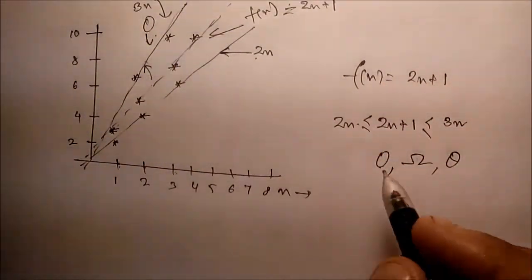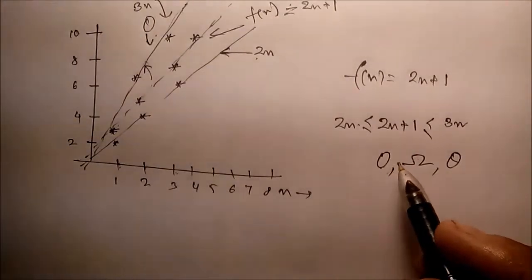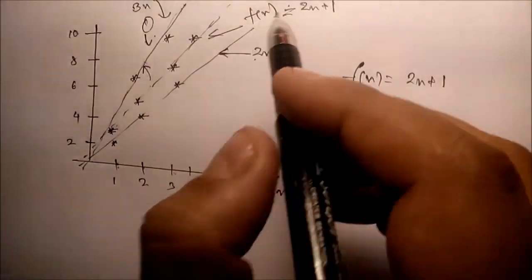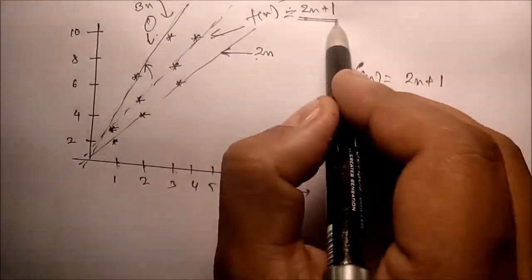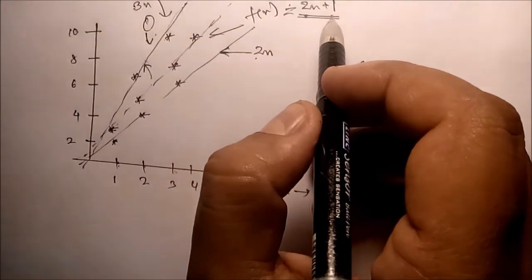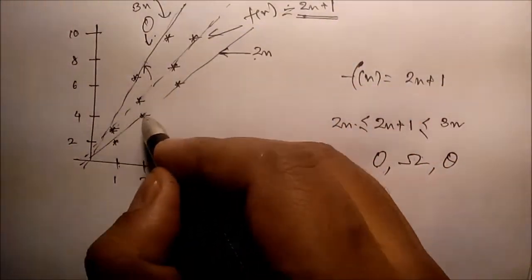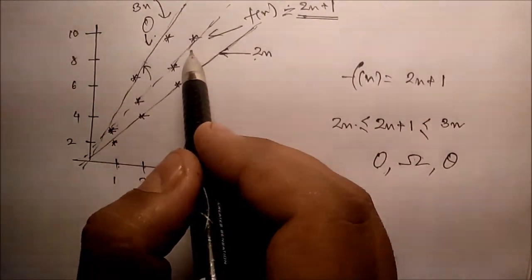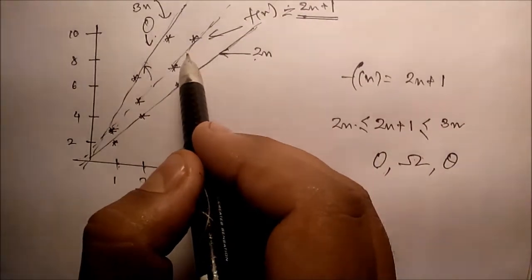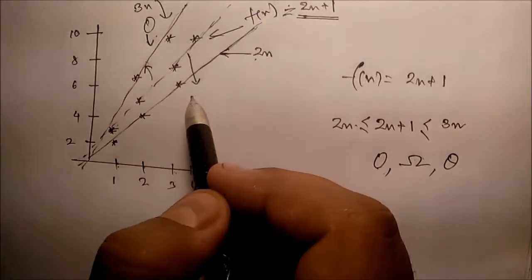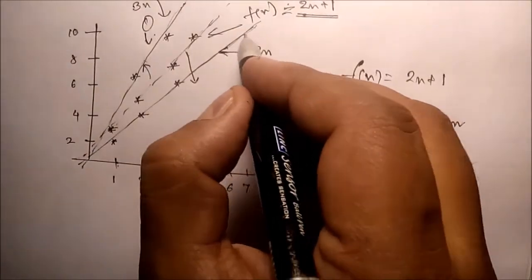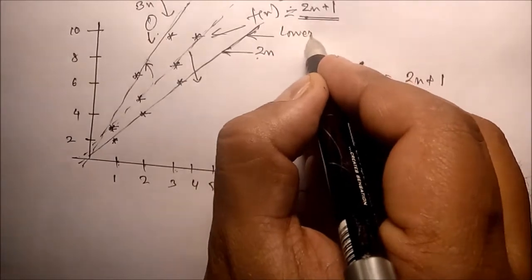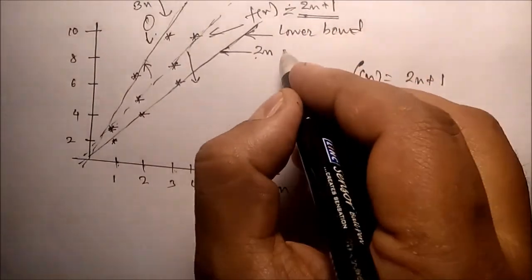And if you know that for an algorithm this equation is the best case equation, then in this case we have to use the big omega notation. Now if it is known that 2n plus 1 is the best case equation, then this is nothing but a best case line. That means the values of the time will never cross down this particular line. That means this is nothing but the lower bound. So we use the lower bound for the best case.